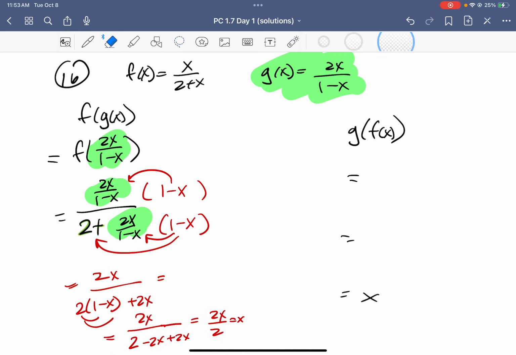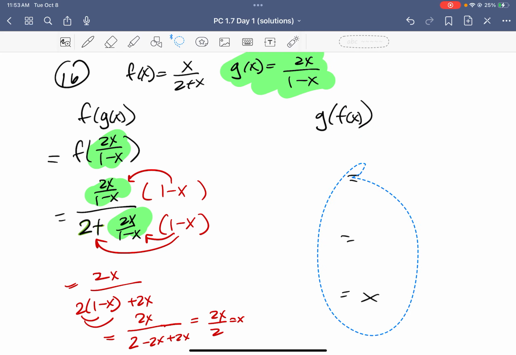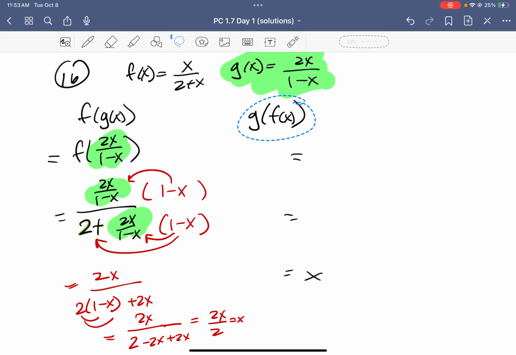Is equal to, right? Let's now do the next one. Move this over just a little bit. So for this one, I want to find g of f of x. So I'm going to take this f and plug it into g. And so what it's going to give you is,